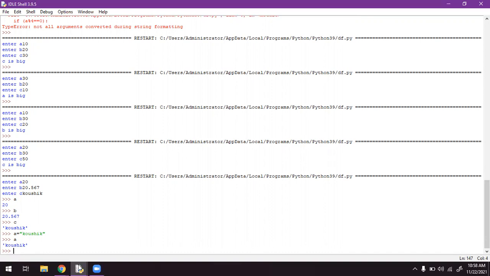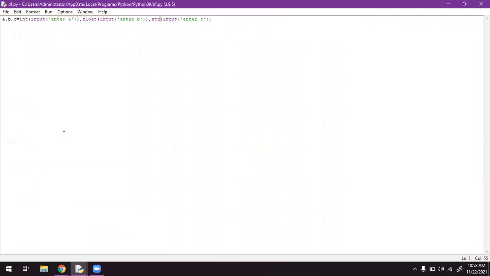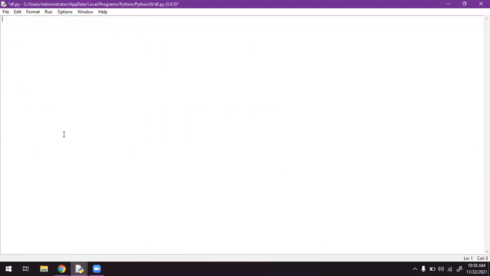Okay, so next, what we'll do, let me write a small program. We'll take a calculator as an example. For a calculator to perform any operation, we have to take two variables.